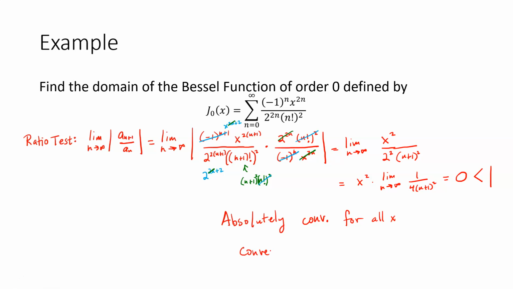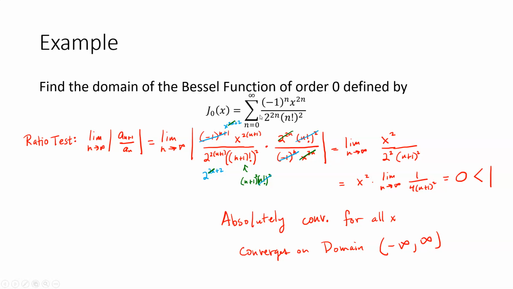It converges on the domain negative infinity to infinity, so all real numbers. So the domain of this Bessel function is the whole real line. Okay. So at this point, we've kind of seen a few different cases of how we can